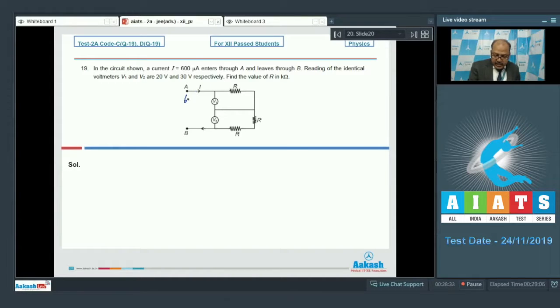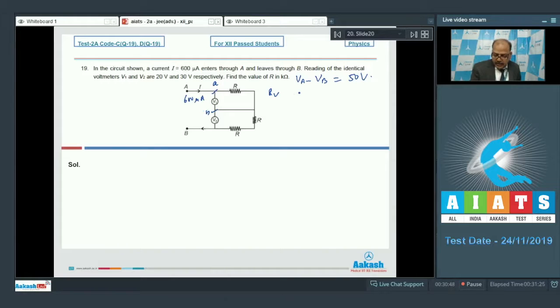The current I is 600 microampere. Potential difference across voltmeter V1 and V2 is 20 volt and 30 volt respectively. That means VA minus VB, we can see that is clearly equal to, in this particular case, 50 volt. Now if I look at these 2 points, potential difference between these 2 points is 20 volt, current is 600 microampere. If I assume that the voltmeter has resistance RV, then resistance between these 2 points, let's call them A and